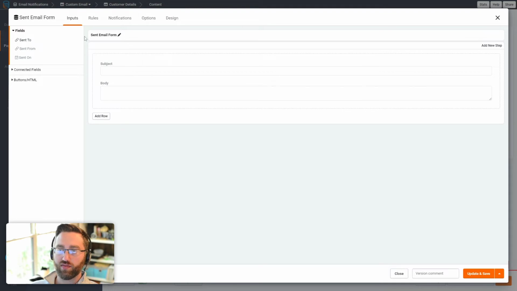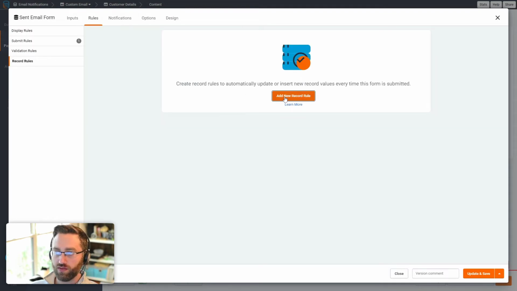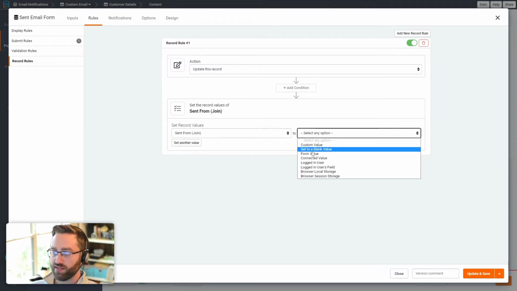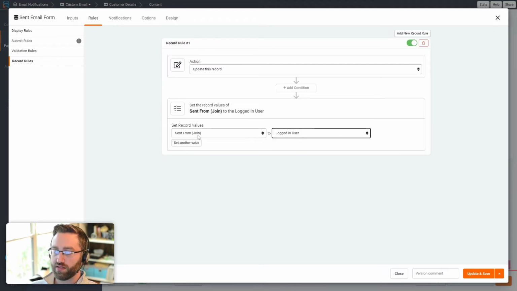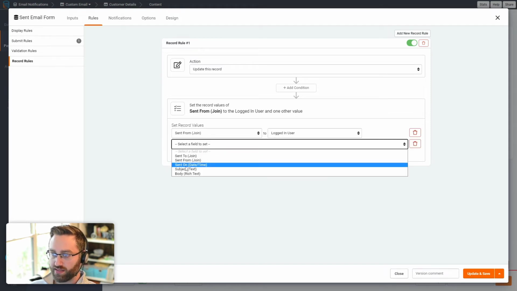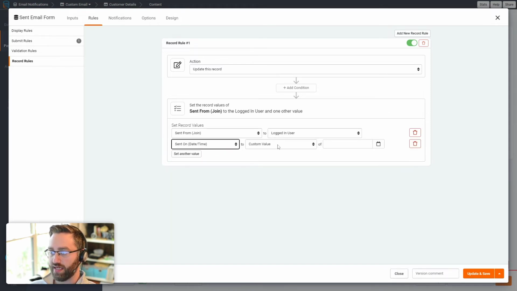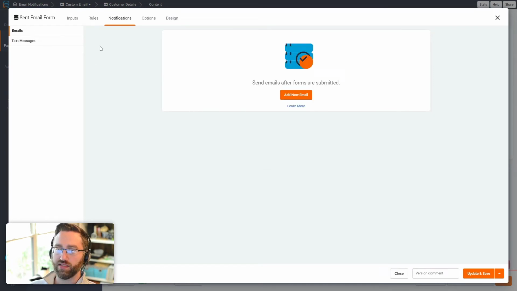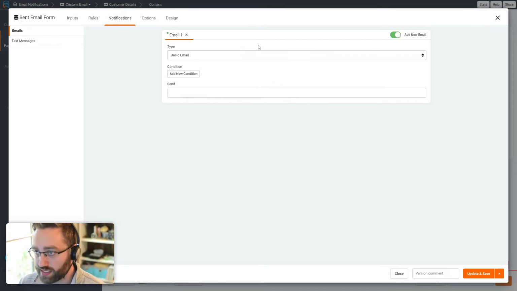The sent from, we're going to set in a record rule. So we can add a record rule to say set the sent from connection value to the users table to the logged in user. And we're going to set the sent on date time field to the current date and time. Okay, now in the notifications, what we're going to do is, because we're inserting a new record, that's what this form is doing, when we send an email,